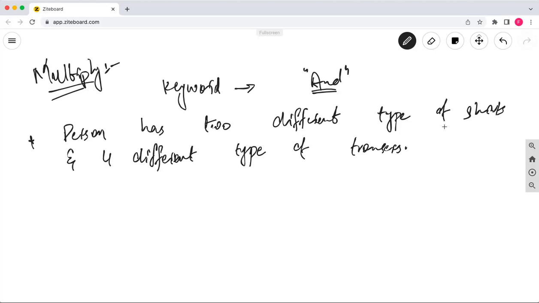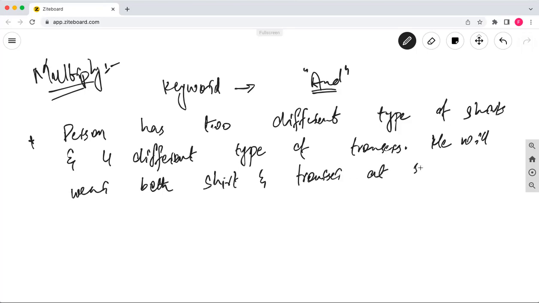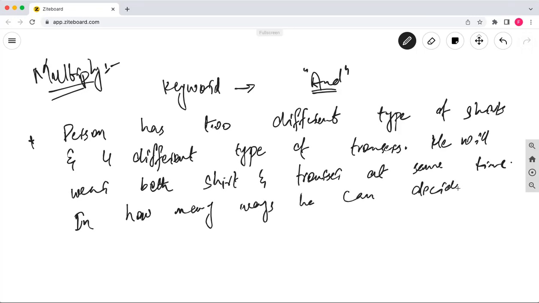So he will wear both shirt and trouser at the same time, definitely. In how many ways